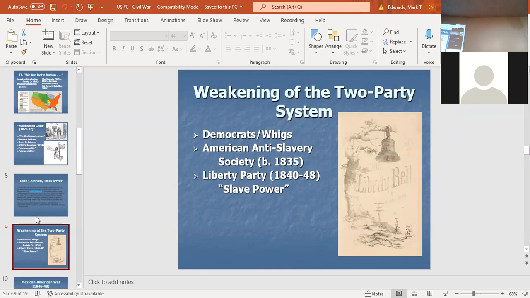We've already talked about the problem with colonization. There is no going back to Africa for the freemen. They're not from Africa, right? There is only staying here in North America. So the AASS, for as much as it's mainstreaming the anti-slavery position, is pretty flawed in its answer to, well, what will come after? You know, there's not a lot of support, as you might imagine, in the South for